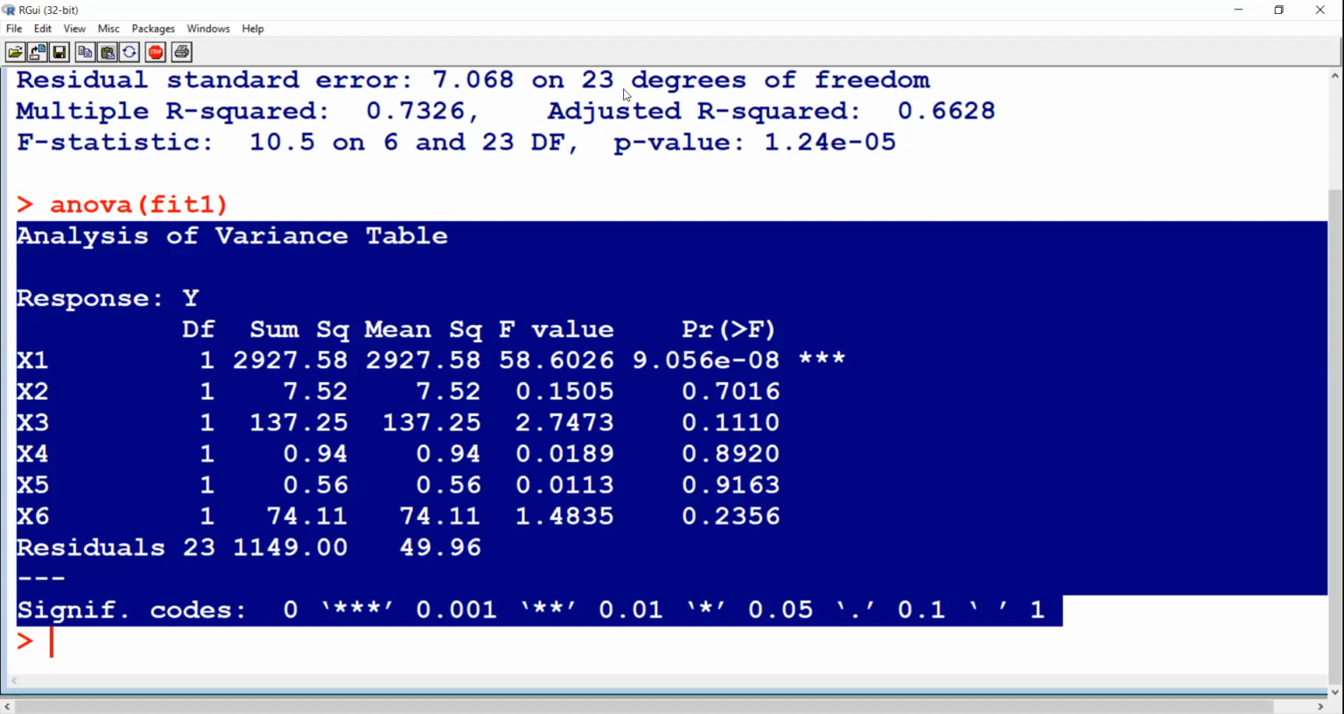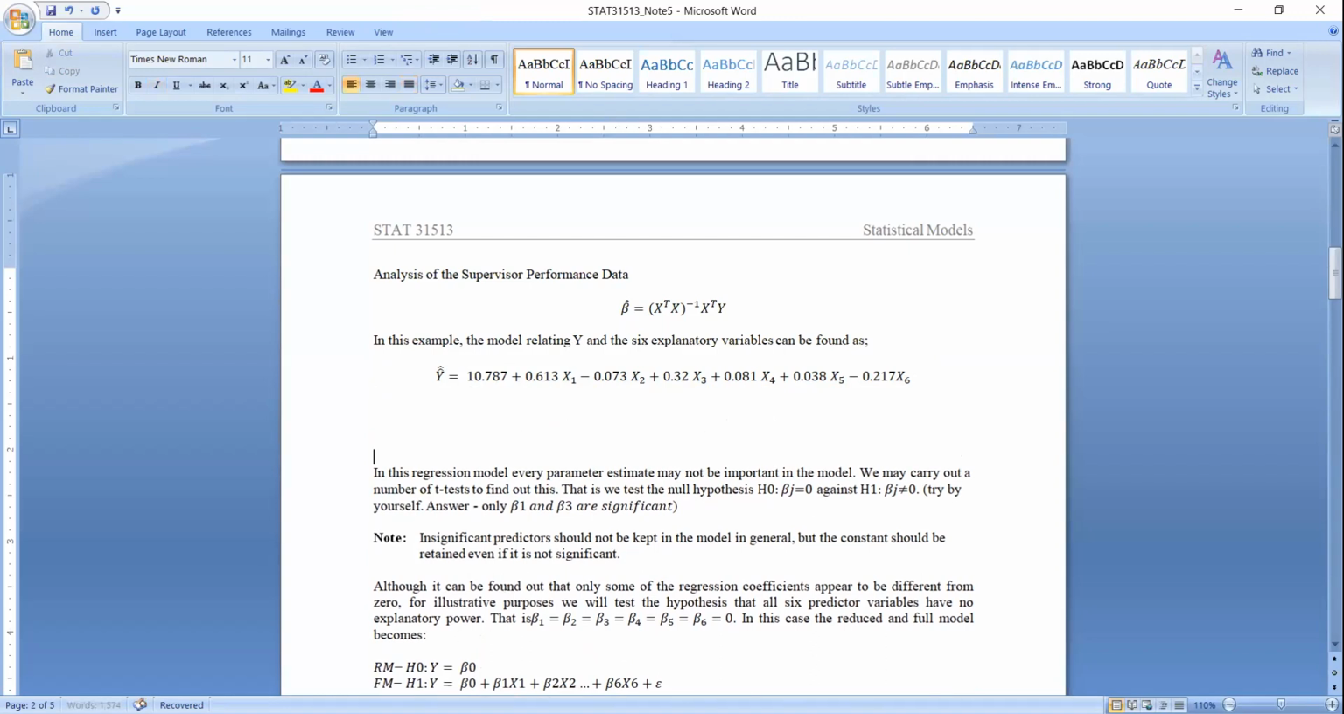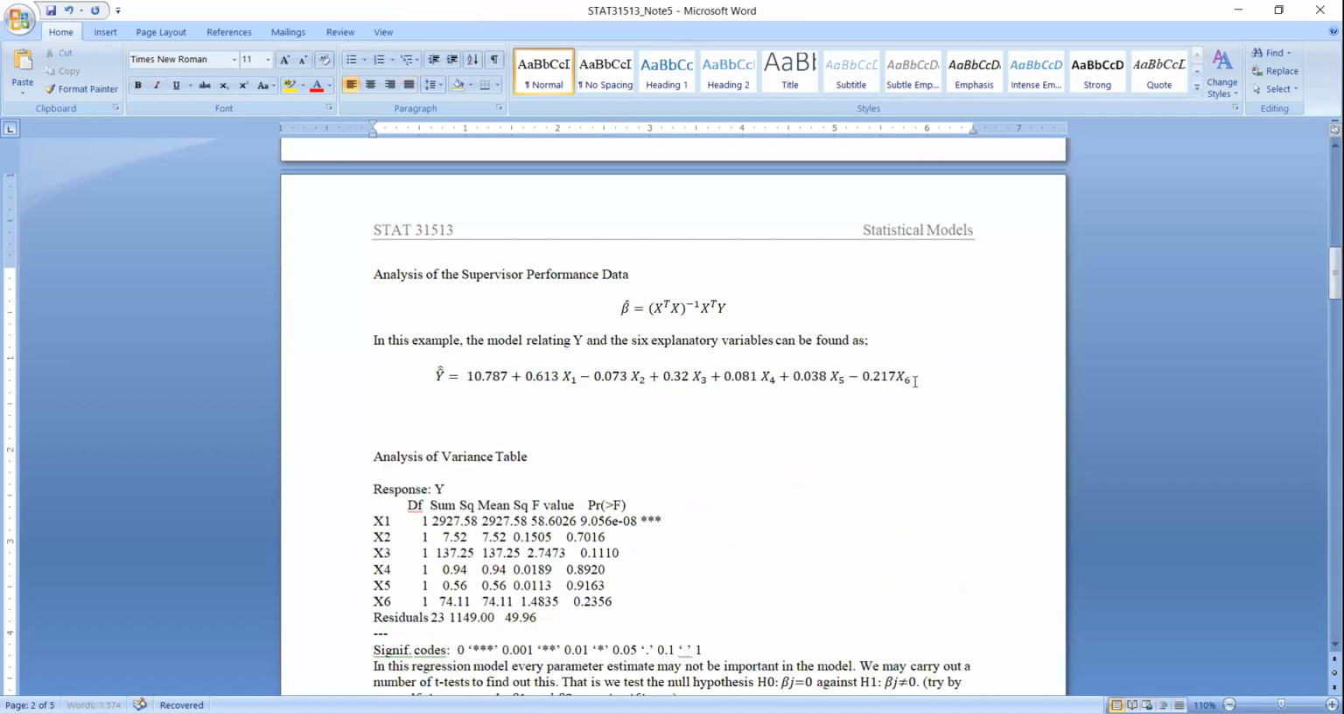So now let's compare with our notes. Okay, so we saw when we fitted our regression model, our intercept was 10.7 and the coefficient of x variable was 0.613. So this is exactly the same. So we can see when it comes to our regression model, all the coefficients we can obtain using R software. And also, I'll just paste the output of